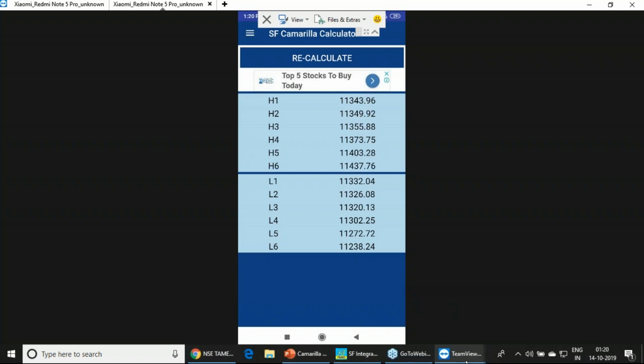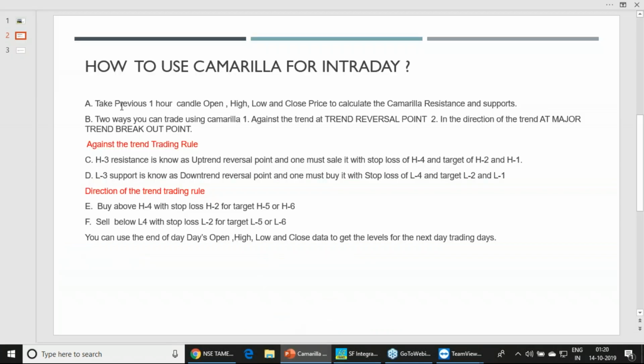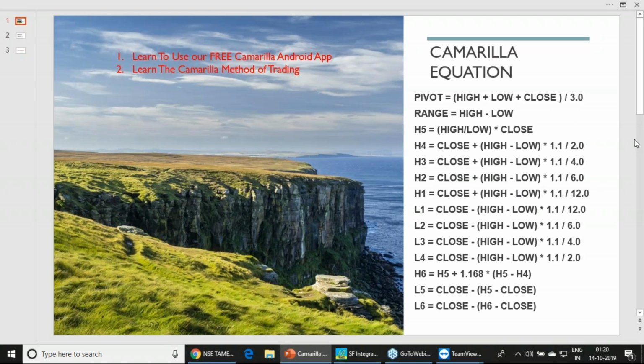And this same Camarilla principle we have improvised to a great extent. That I will talk to you later. And now go back to this formula, what it is doing actually. So it is calculating one pivot, high, low and closing, whatever you are entering, divided by 3. It is calculating a range, high minus low, as a range. And this range is being utilized for the calculation of all your resistances and all your supports till the fourth,